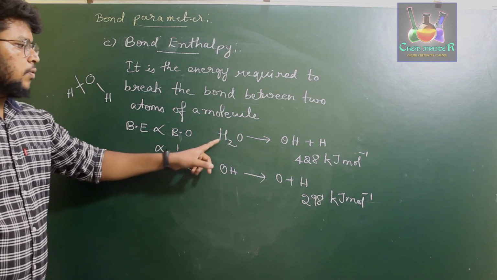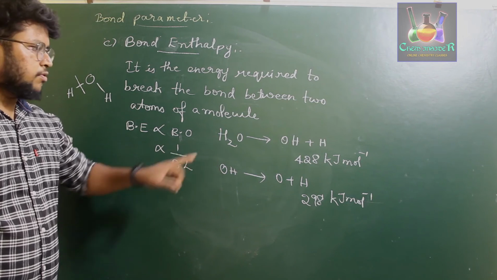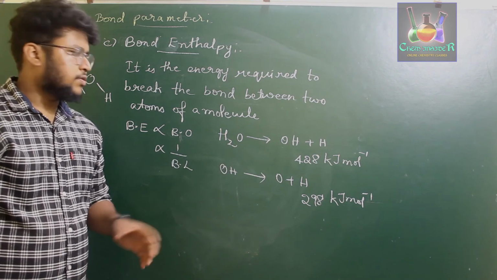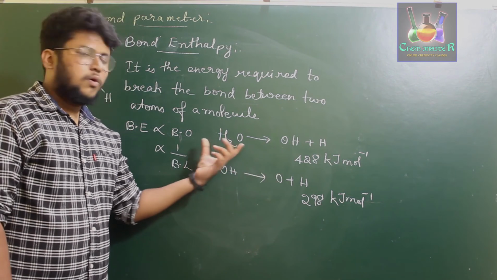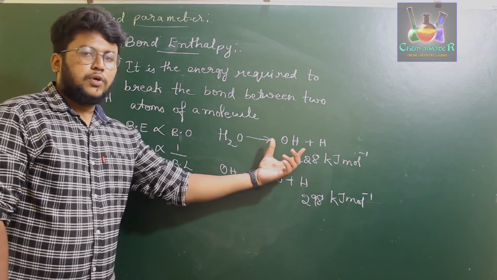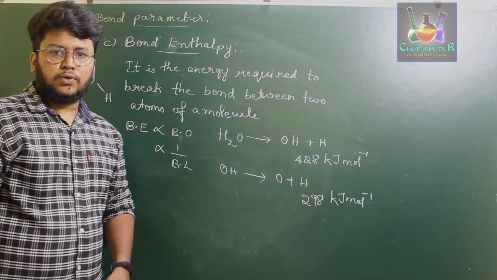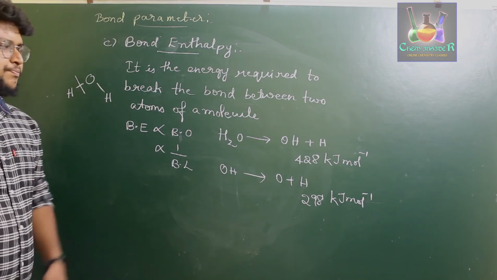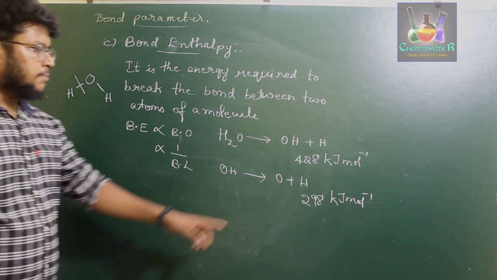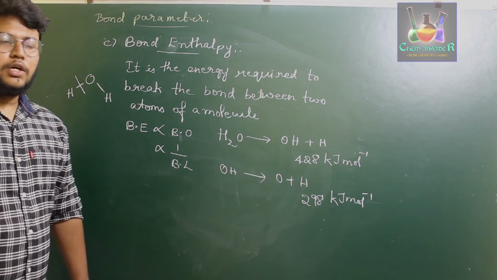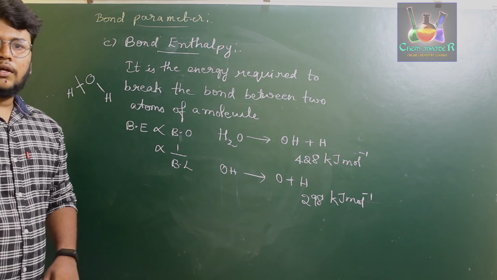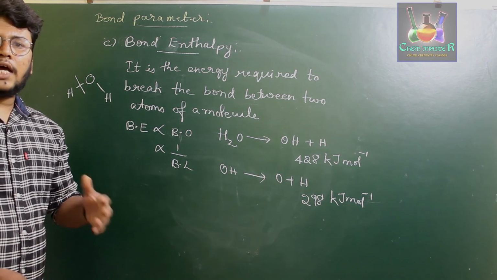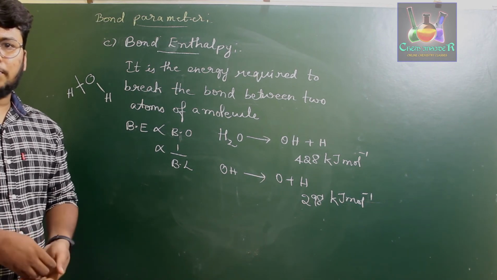That is because once you break one hydrogen bond of an H2O molecule, the OH is not exactly like the water molecule. This OH is completely different from the water molecule. Therefore, this OH breaks down the other bond in an easier manner, so that bond enthalpy is slightly less. Since we come across these variations, in order to calculate the bond enthalpy, we take the total energy required to break the bonds and divide it by the total number of bonds we are breaking.